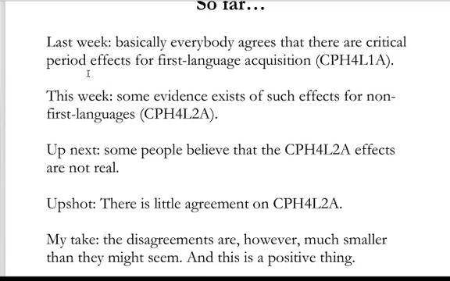So basically, most of the evidence in this anti-critical period literature for second language acquisition takes one of two forms. We're going to look at one paper of each kind today. The first criticism, which I've already hinted at in previous weeks, says that these age of acquisition effects, which we all agree exist, that the older somebody starts acquiring a language, the lower their ultimate attainment tends to be, are really not because of the age of acquisition itself, but because of other factors that correlate with that.